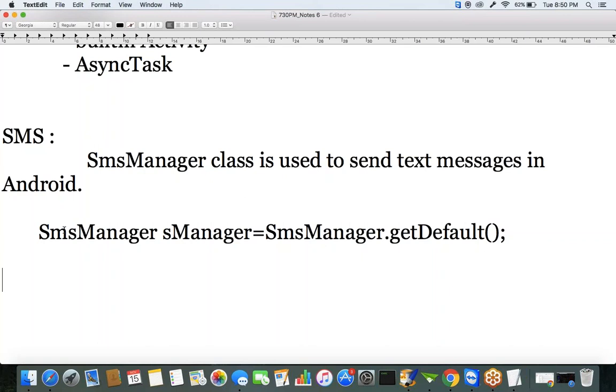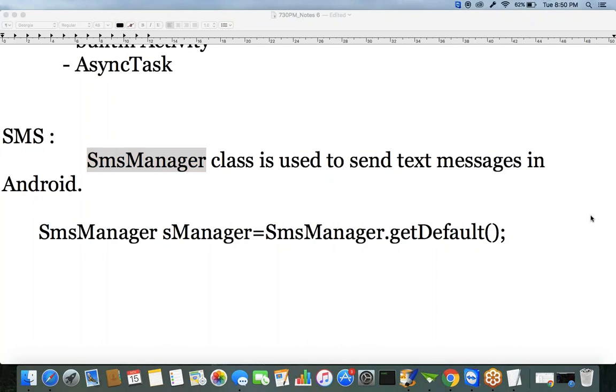For sending an SMS, what is the class name? SMS manager is a class. By using this SMS manager class, we can send text messages in Android. SMS manager class is used to send what? Text messages in Android. If you want to get the object for this SMS manager class,